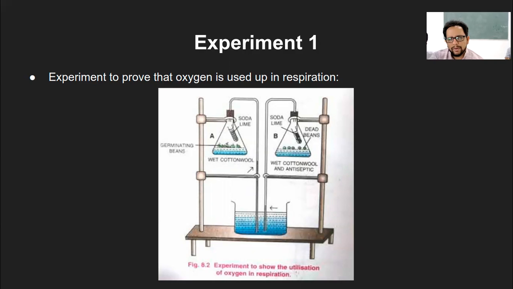No, where is the question of oxygen here? See, in this flask A situation, the carbon dioxide is generated, and that's why the soda lime turns turbid or non-transparent. Oxygen is utilized from the flask, so the water level will be sucked in through this tube, and that is why the water level increases in flask A. But in flask B, where the original water level was the same as the water level of this beaker, you can see there is a slight increase. Why is that the case?